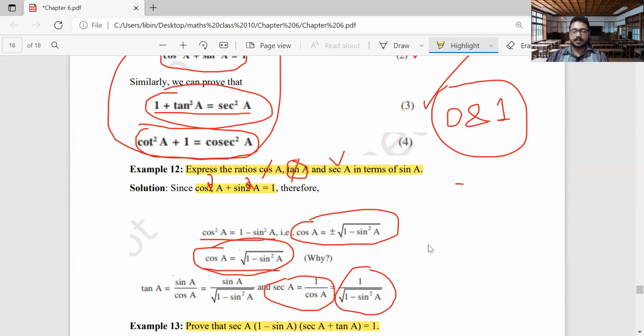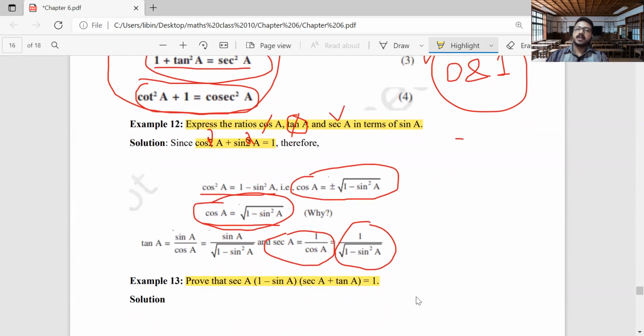Actually you can convert it here. Look here, instead of this sec you can write 1 by cos a, and 1 minus sin a is already in the form of sin a. Next, sec comes again. There also you can write 1 by cos a. Now we know that tan a will be equal to sin a divided by cos a. So that is our first step. If you write it like this, then you will know how to solve further. Just write all this and move. Just by looking at the steps, you can think of how you should move. Develop your thinking skill. You can develop the thinking skill yourself.